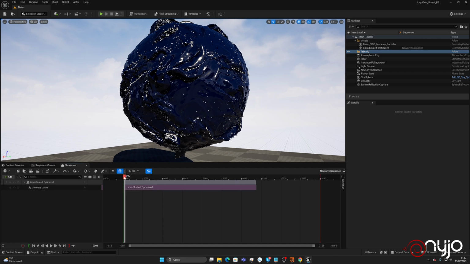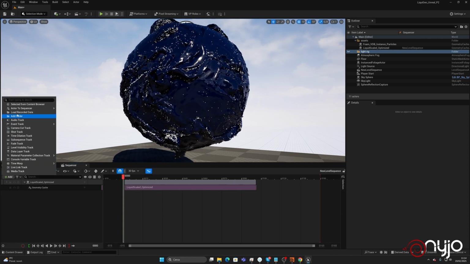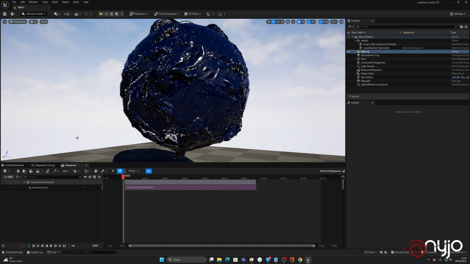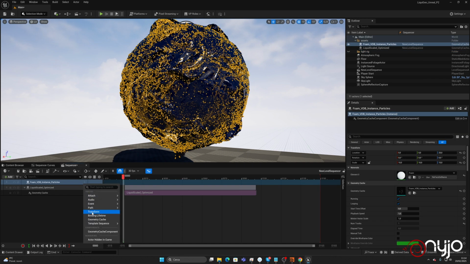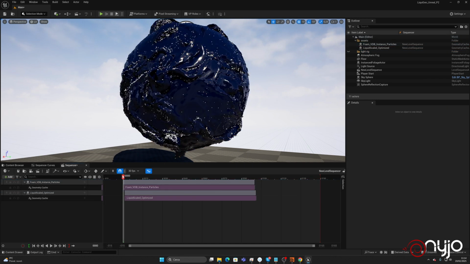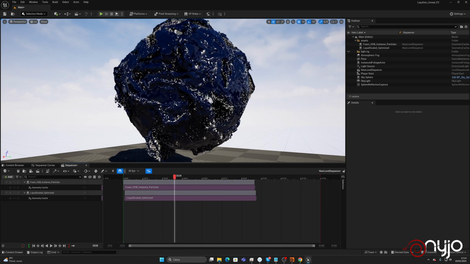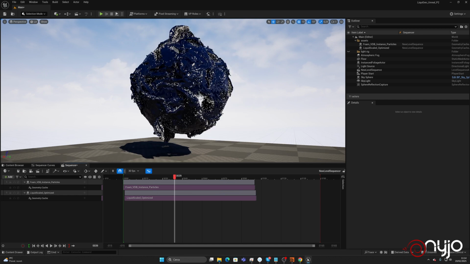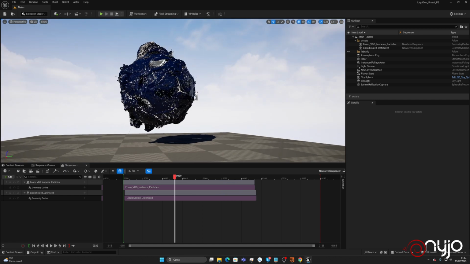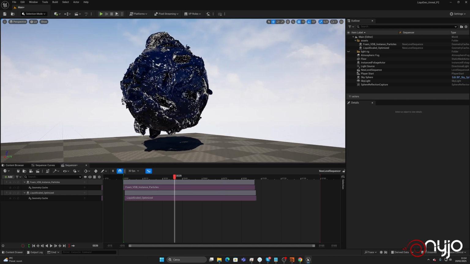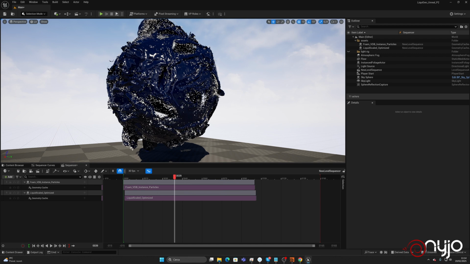In the sequencer, obviously we have to add the foam because we have no foam. Let's say foam, and we have to do the same, selecting the geometry cache. And now everything is moving together. So this one is a way. Obviously, what I can say is that in this case, you should create something that is lower